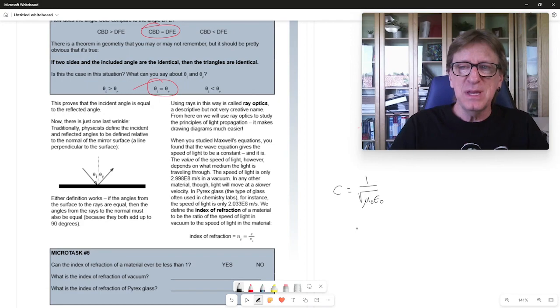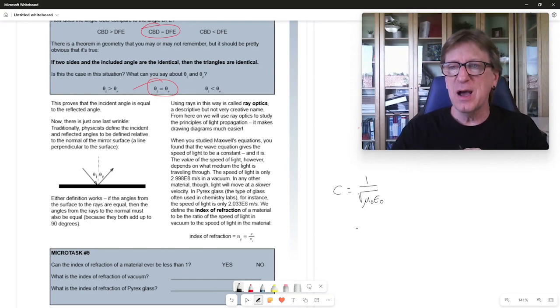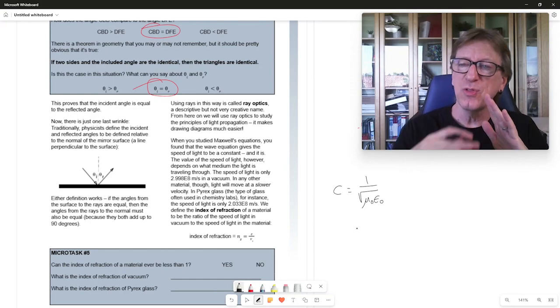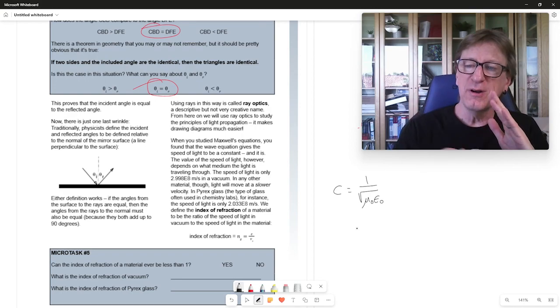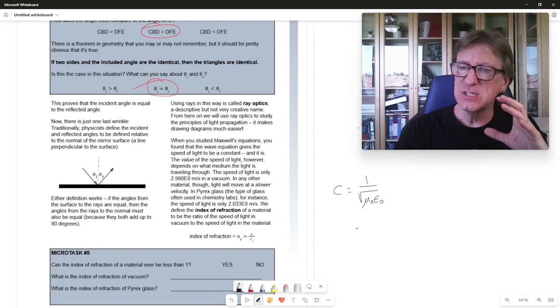However, one thing we didn't mention was the fact that when this electromagnetic wave is propagating through some other medium, other than just going out through empty space, it's actually going to slow down. And if you think about it, that makes sense, right? If I have air, for example, let's pretend that I've got sound in air, and then I want to try to send sound through water. Well, that water is a denser medium. And so the sound waves, the speed of the sound in the water